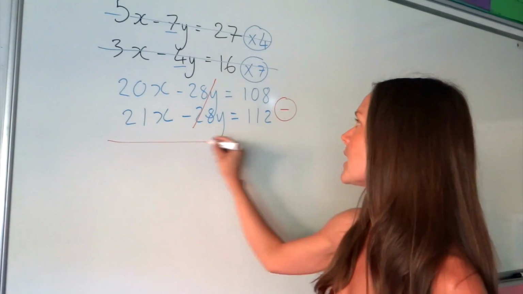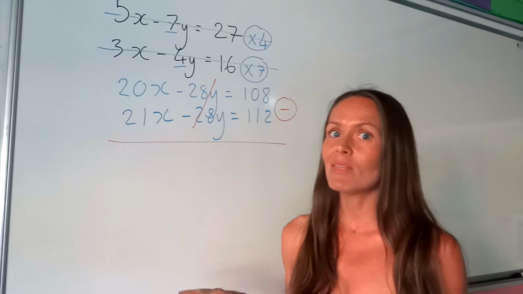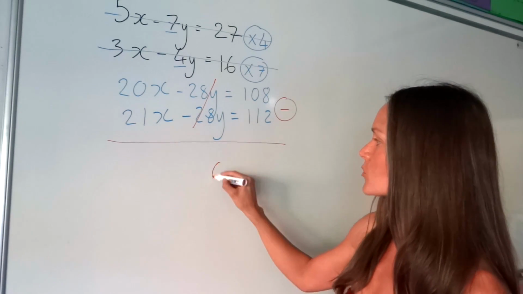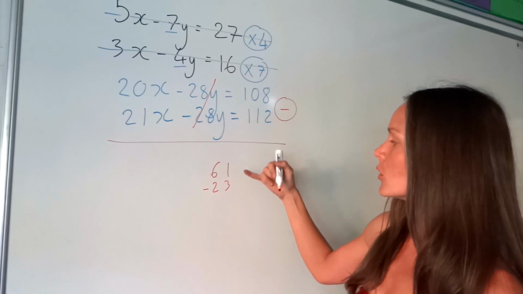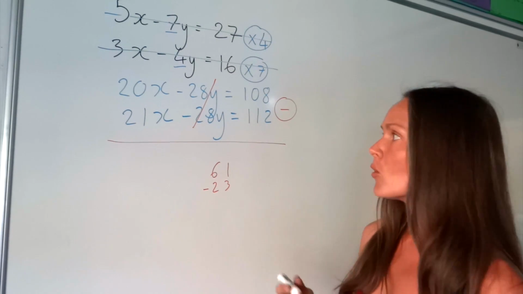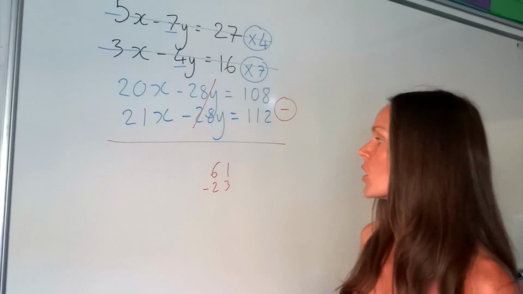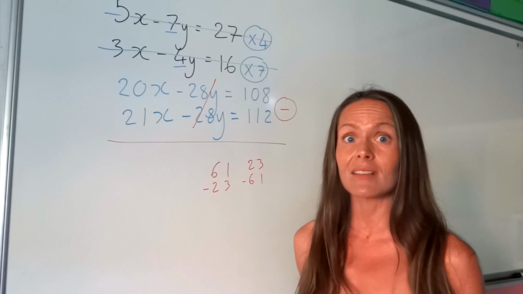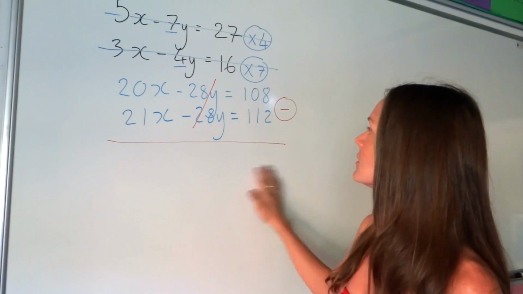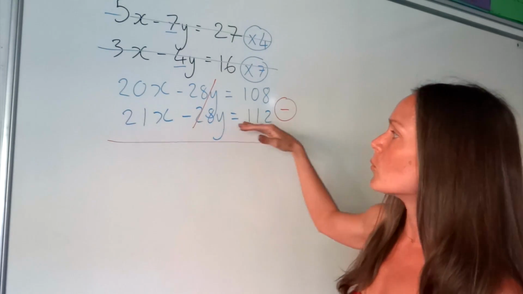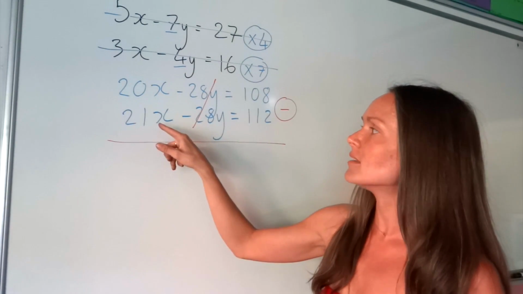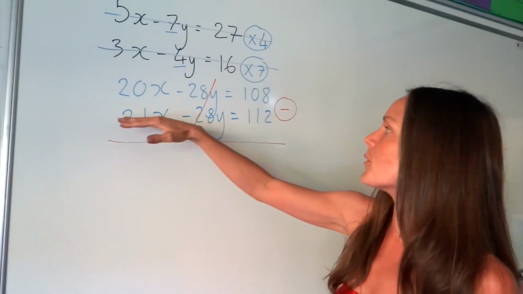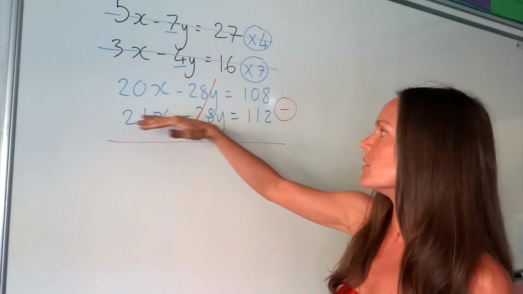And something else I want to point out in this question is that we can bend the rules a little bit when we're subtracting simultaneous equations. You're probably used to, when you're subtracting, you always do the top one minus the one underneath. Well, when we're subtracting simultaneous equations, we're allowed to swap it around if we want, and we can do it the other way, and we'll end up with exactly the same answer at the end. So in this one, I'm going to do that. I'm going to do the bottom one minus the top one, just because then I'll get x straight away. If I do it the other way around, I'll get a negative x. Okay, so it looks like the bigger numbers are underneath, so that's why I'm going to do this one minus